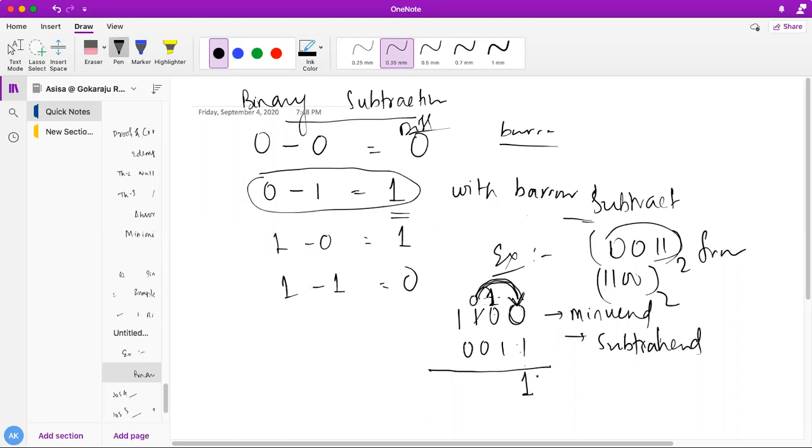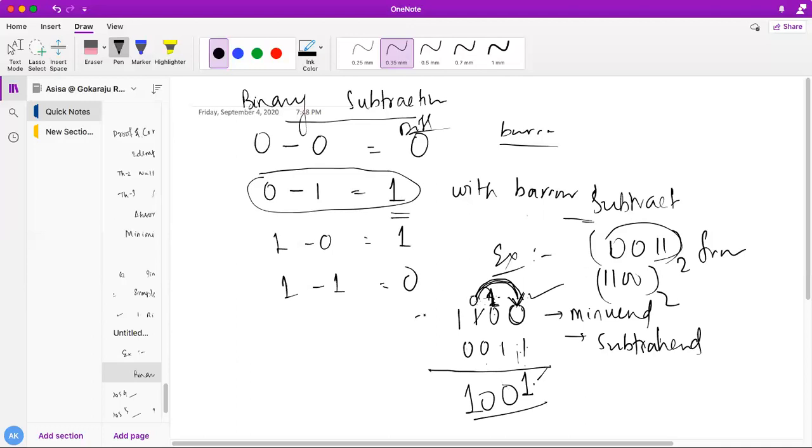So it will be 0 minus 1, you are getting 1, and because of the borrow, you will be giving things and coming over here. Because of this 0 minus 1, the difference is 1 and borrow 1, and this borrow is coming here. Whatever difference you have performed here, the borrow will come over here. Now 1 minus 1 is 0, here nothing is there because you have already borrowed the things to perform the subtraction over here. So 0 minus 0 is 0, 1 minus 0 is 1. So this is the way.